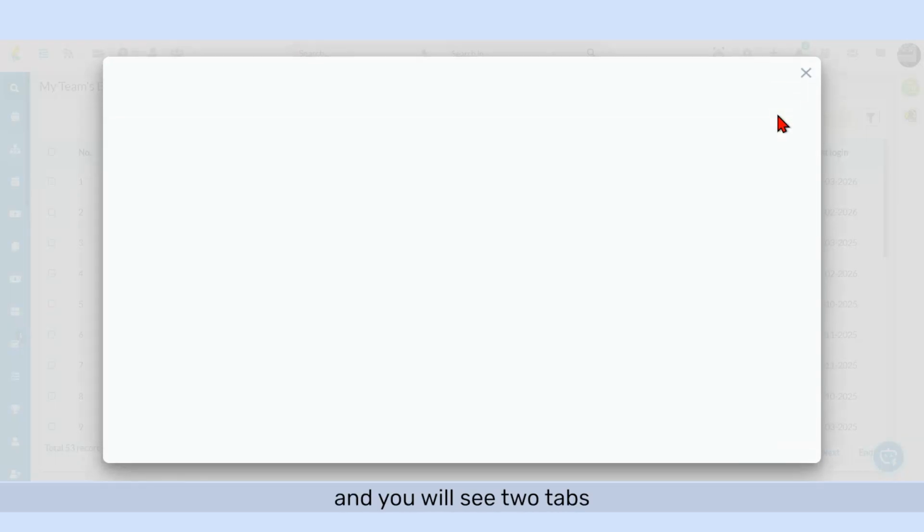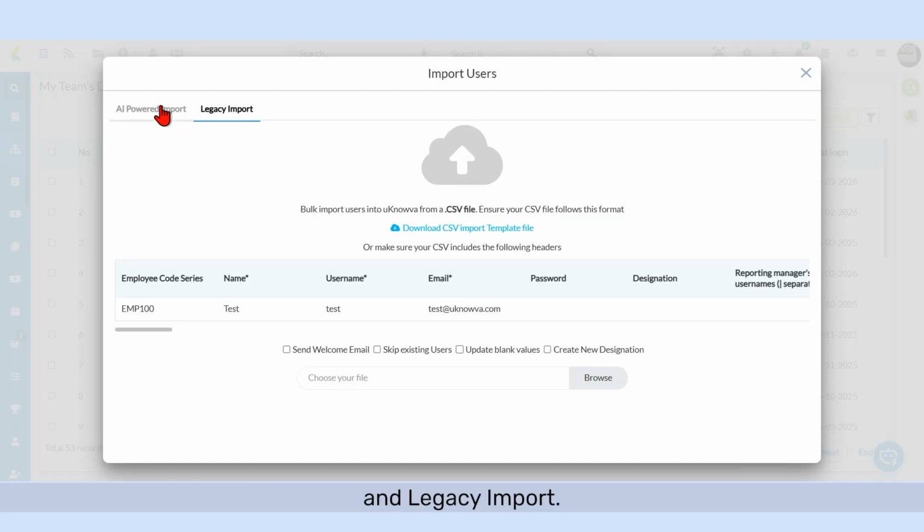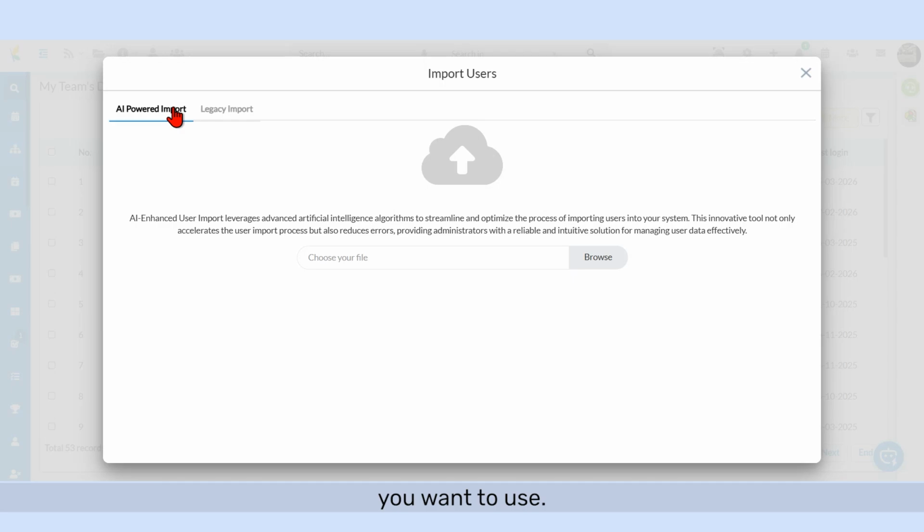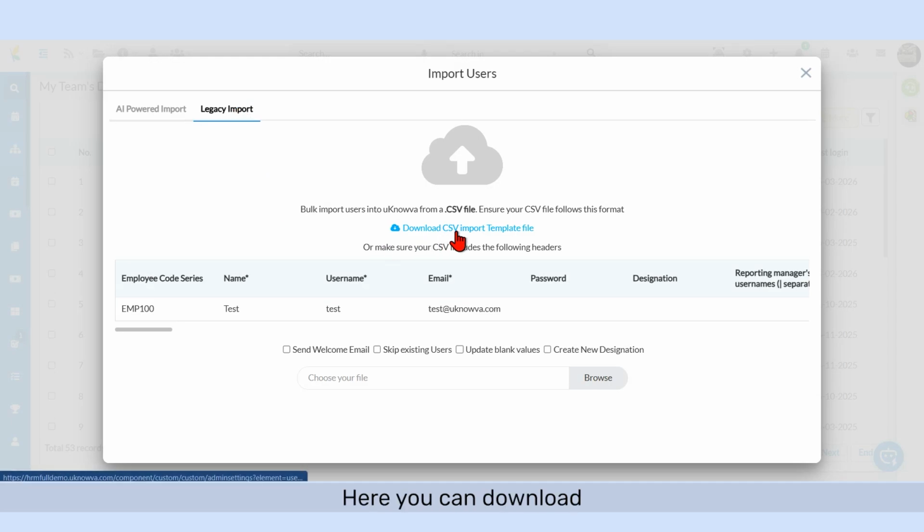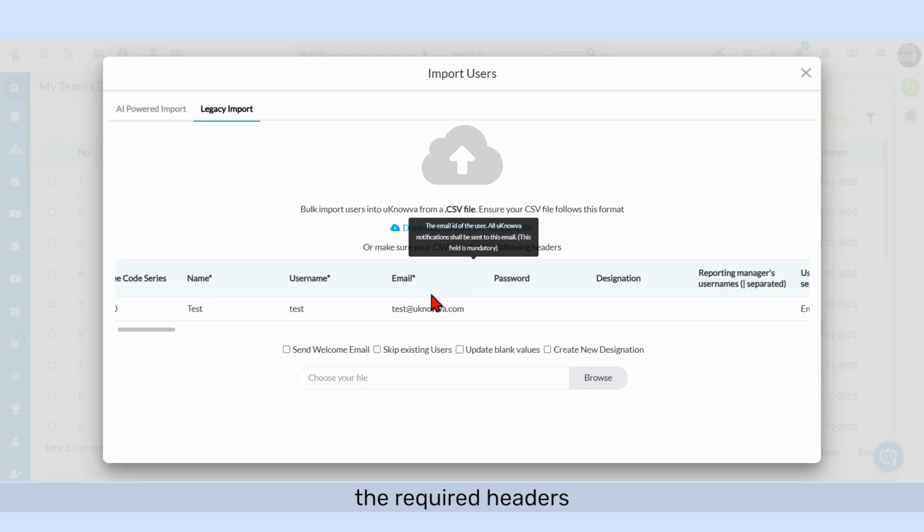You will see two tabs, AI-powered import and legacy import. Prepare your CSV file according to the method you want to use. For example, if you choose the legacy method, click on the Legacy Import tab. Here, you can download the template file or ensure that your CSV file includes the required headers as shown in